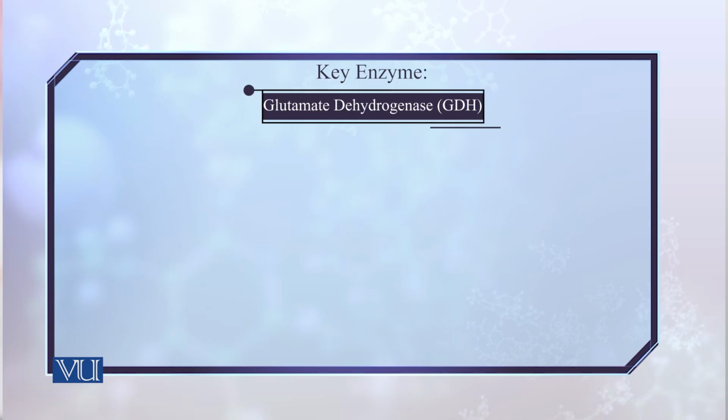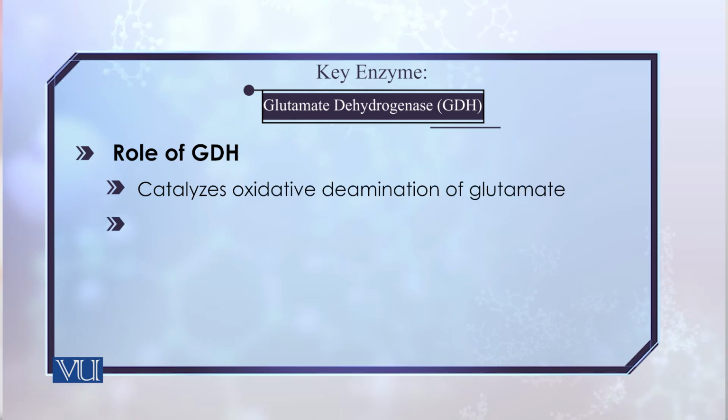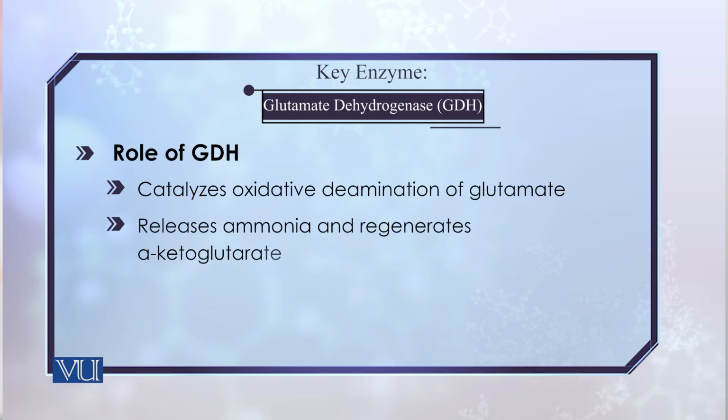The enzyme here is glutamate dehydrogenase, and the coenzymes are NAD and NADPH. NAD is for the oxidative deamination basically, and NADPH is for the reverse, that is, for the